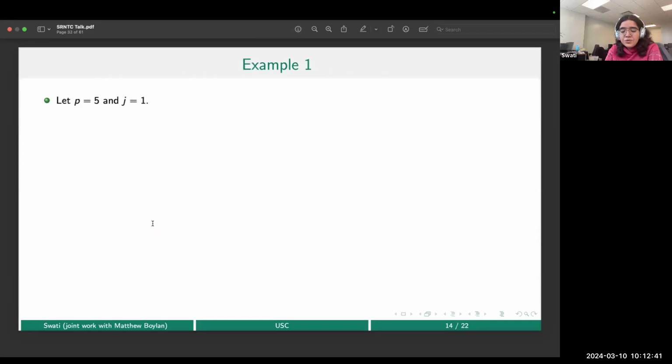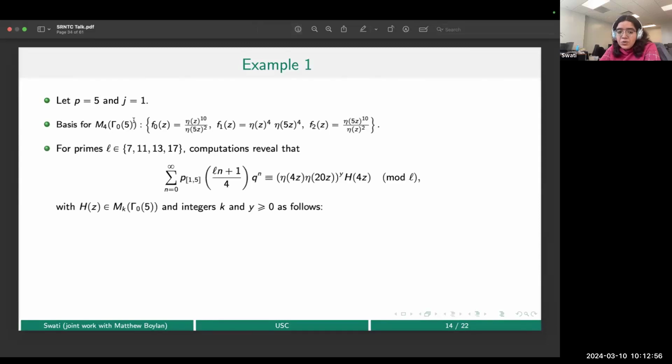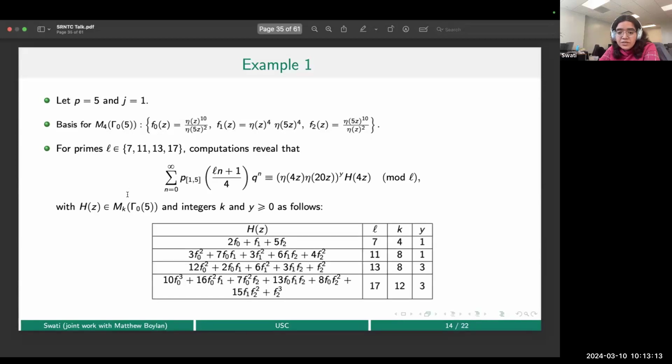All right, so I'll try to illustrate it by means of an example. So let's take the case of odd j, p to be 5. Now, because the dimension of modular forms of weight for level 5 is 3, we consider these basis elements. So if we take L to be in this range, then we have the generating function of the partition function P1